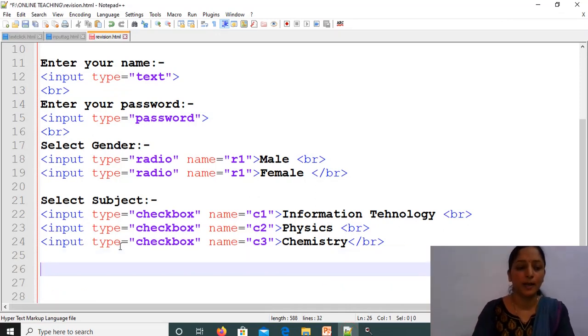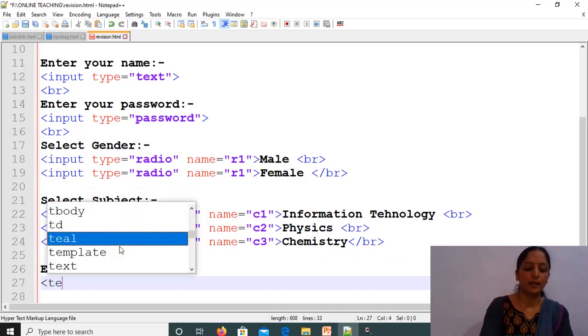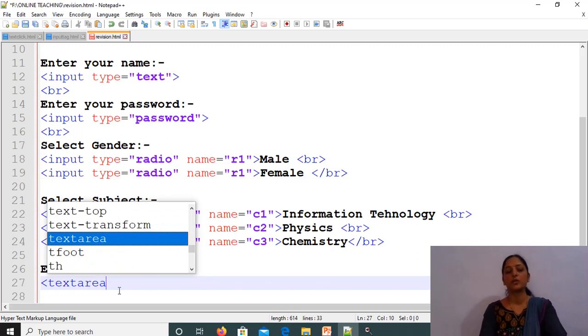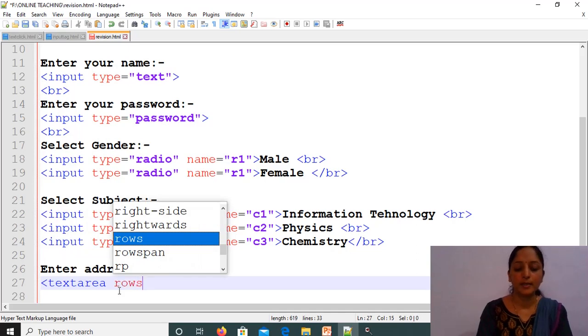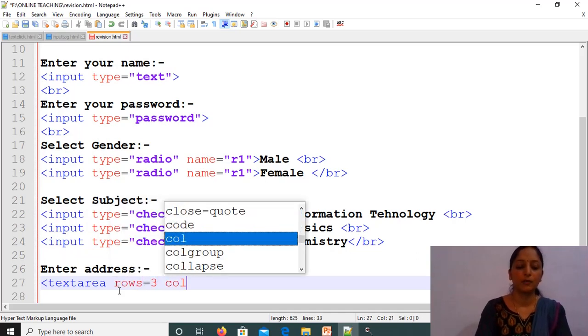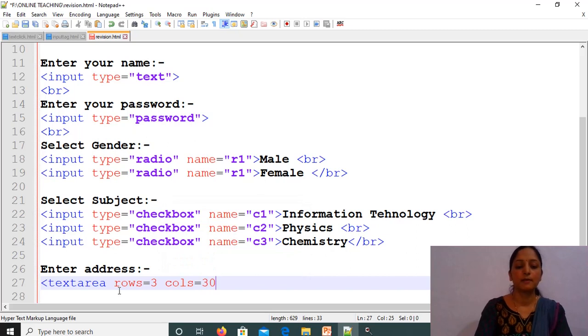Now switch to the next point. If you want to accept the address, suppose "enter address", for that we use the text area. We already learned this in 11th. We just want some revision only. Suppose textarea, then the attributes for textarea are what? Rows and what? Cols. Suppose cols is equal to 30. Rows here means how many lines you want for the multi-line text box.